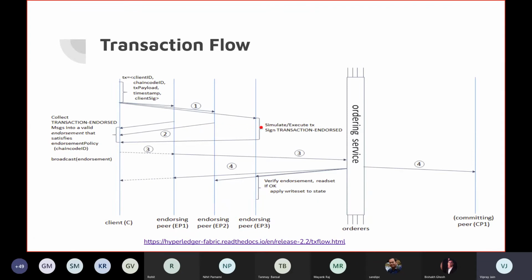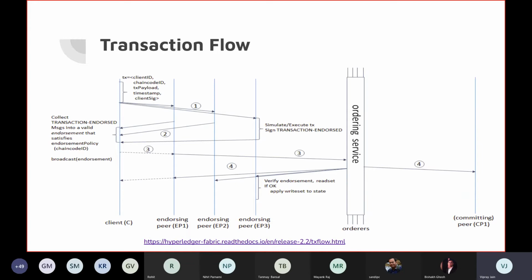These endorsing peers will first check whether the proposed transaction is well formed, that all the fields required for a proposal are there or not. Secondly, they check whether this is a replay attack or not, for protection purposes. Then they check whether the signature is valid with the help of the CA authorities and the MSP.